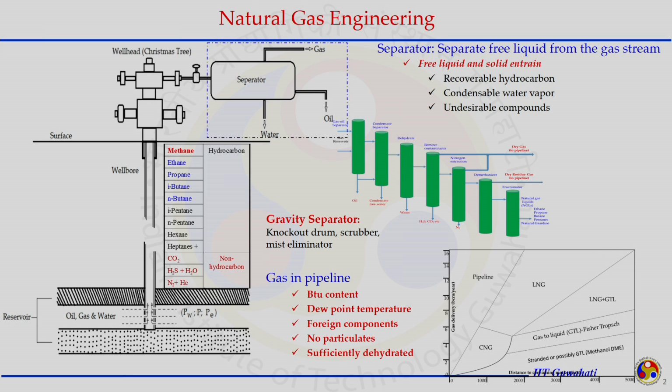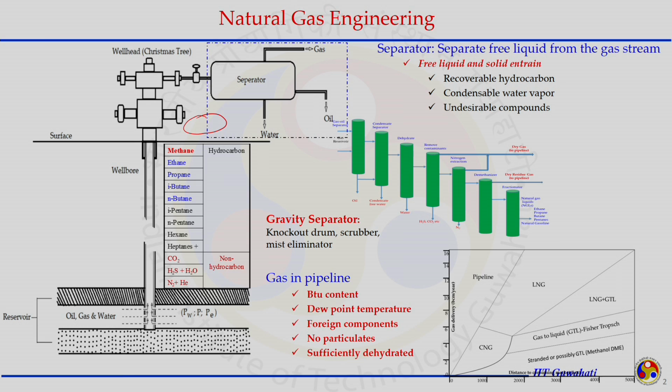As we know, the fluid produced from a reservoir, even if it is a gas reservoir or an oil reservoir, produces almost all three phases along with some solid particles. In that case, what happens? In some cases you will see another device before the separator, called a scrubber, that just separates out solid particles